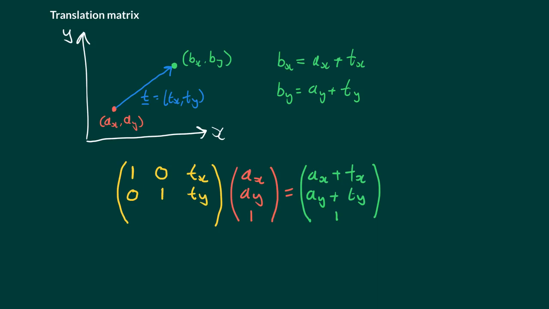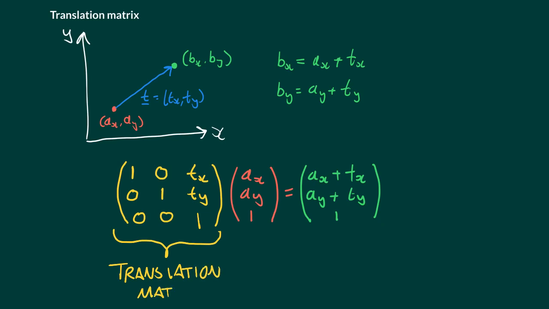For the final number in our homogeneous coordinates, I've just got 1, so I'm going to have 0 ax, 0 ay, and just 1 times 1. Okay, so that's 0, 0, 1. And this yellow matrix here is called the translation matrix,